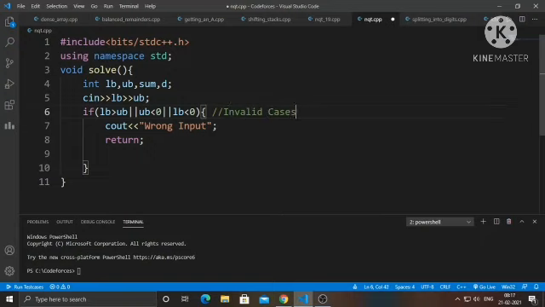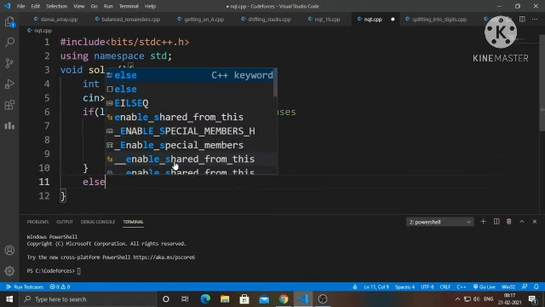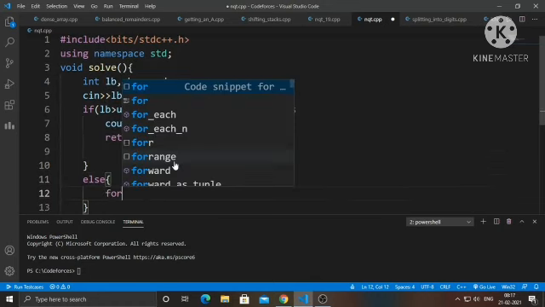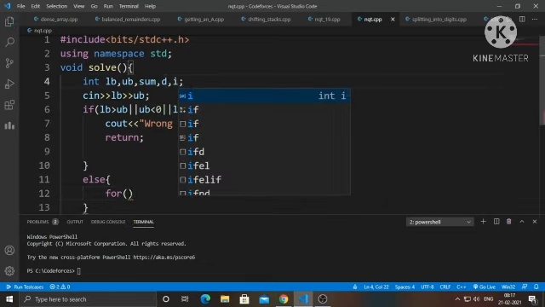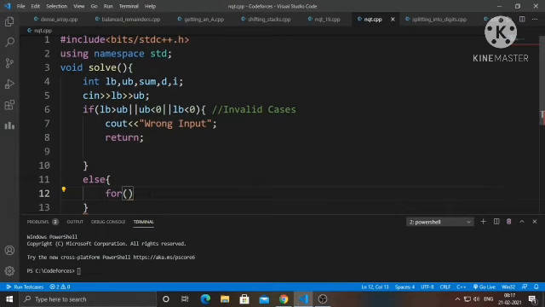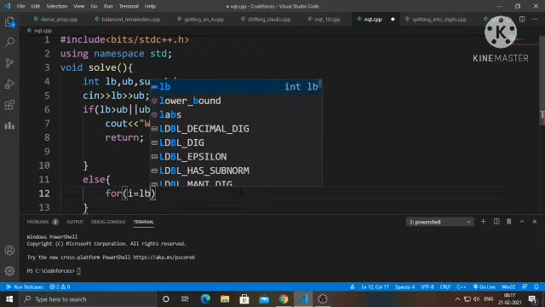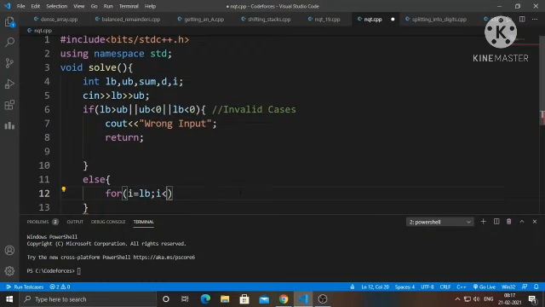Now for the valid cases, we will declare a for loop which will start from the lower bound and run till the upper bound.